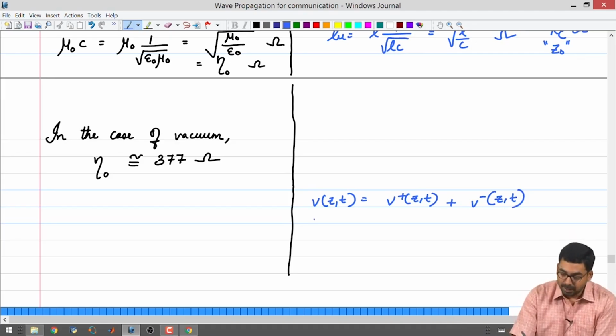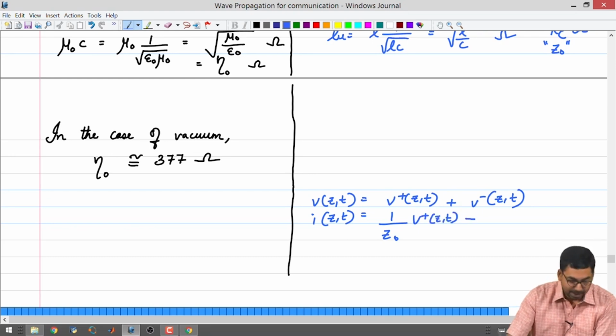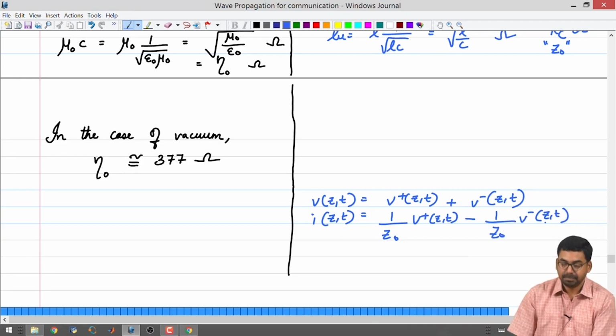And the current I of Z comma t is equal to 1 by Z naught times V plus of Z comma t minus 1 by Z naught times V minus of Z comma t. This is for the forward and the backward